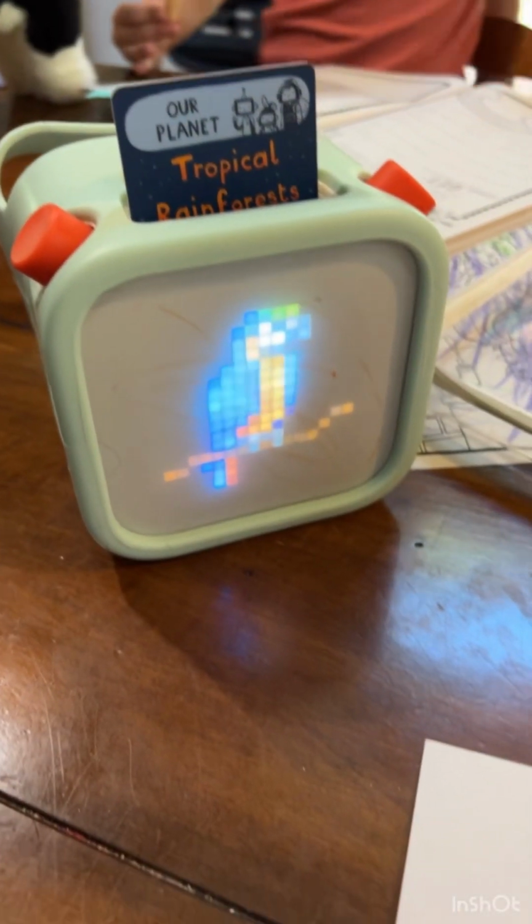Is underneath the emergent layer. It's home to most. We have been back inside for a little while. We're doing some coloring and listening to some Yodo cards, and